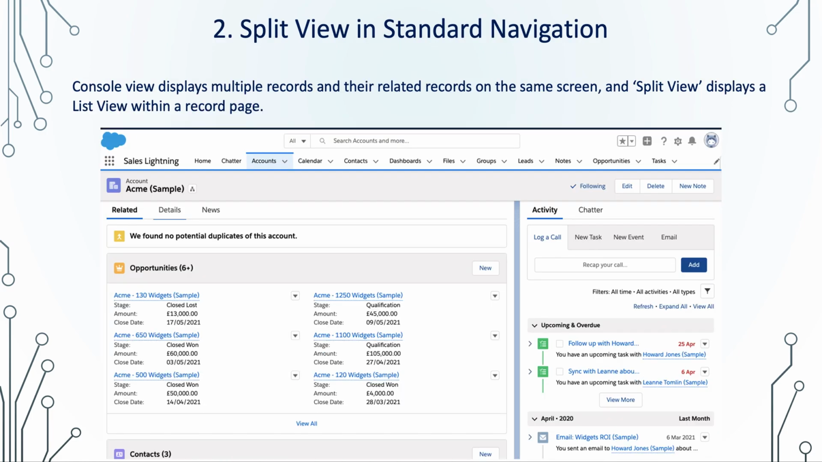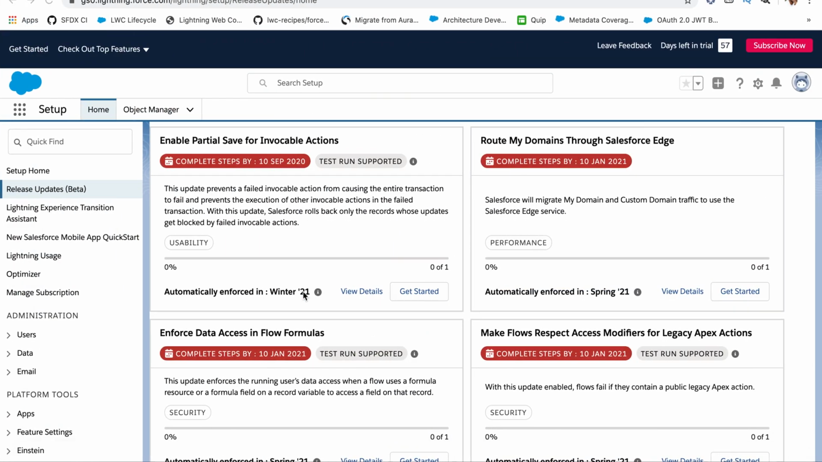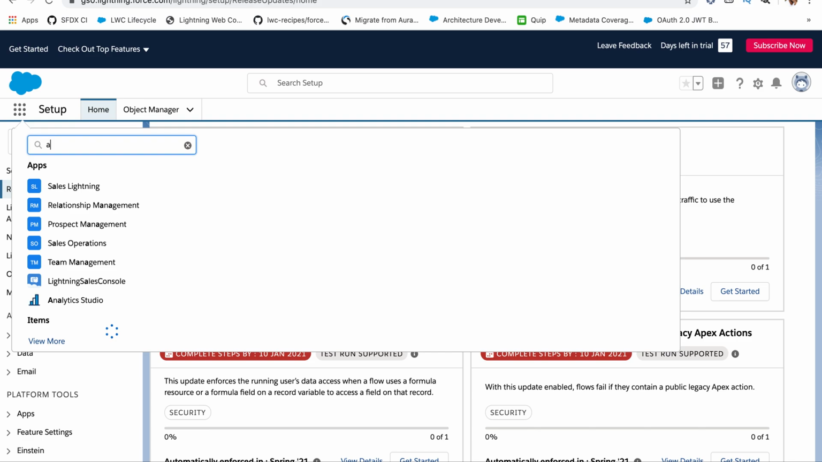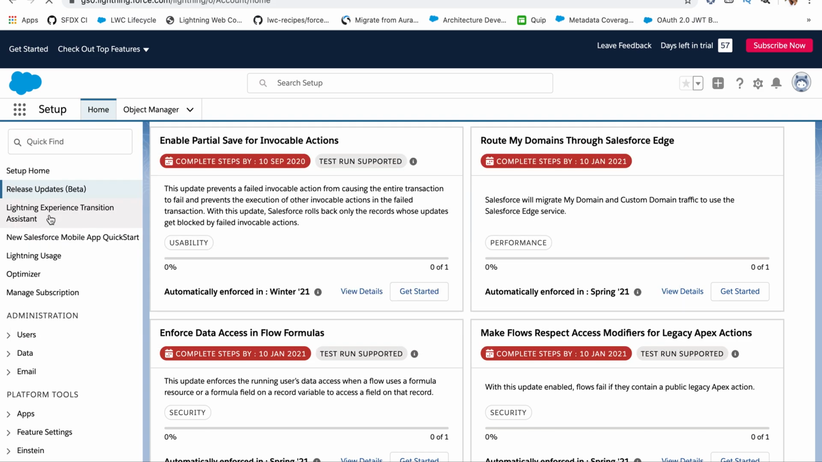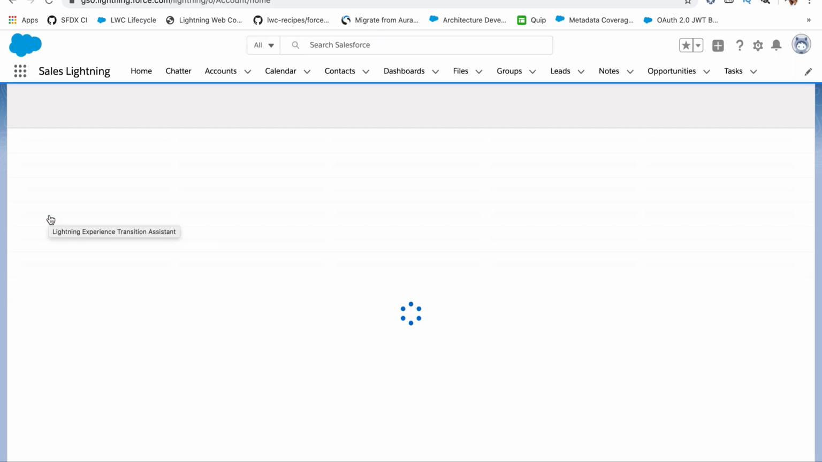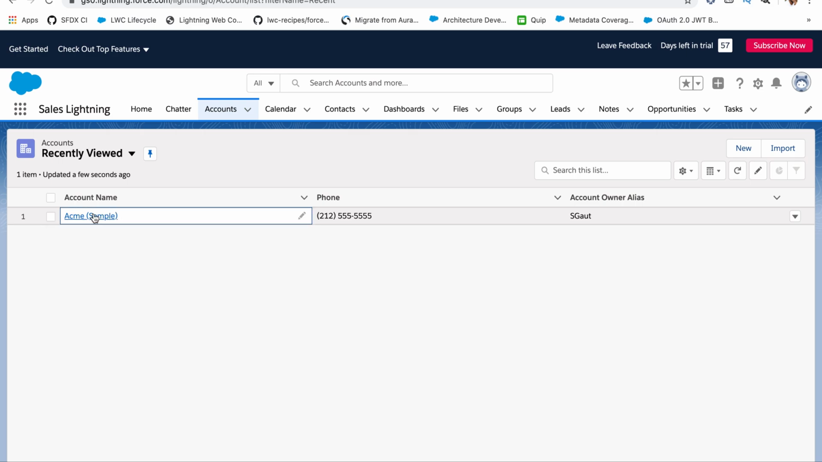The next one is that you'll now be able to see the entire page in split view. Console view displays multiple records and their related records on the same screen, and split view displays a list view within a record itself. As you see here on the screenshot, I will show you in the preview org how it looks. If you go to any object, supposedly an account, if you open an account,